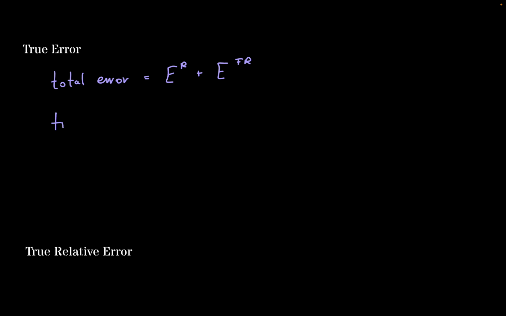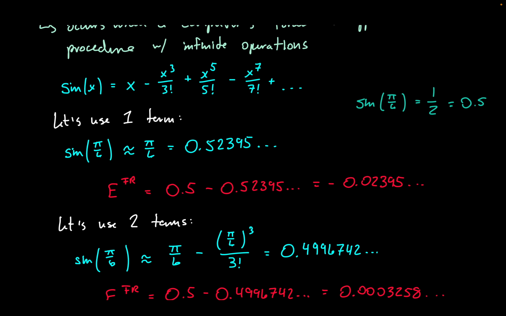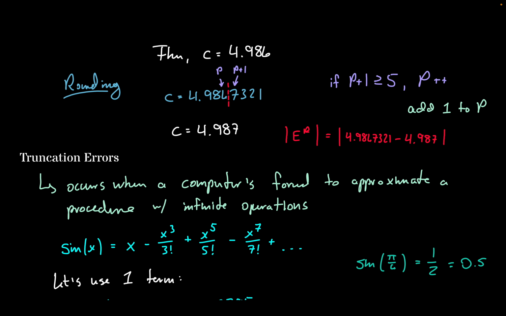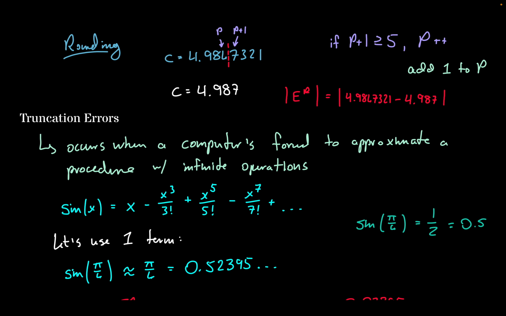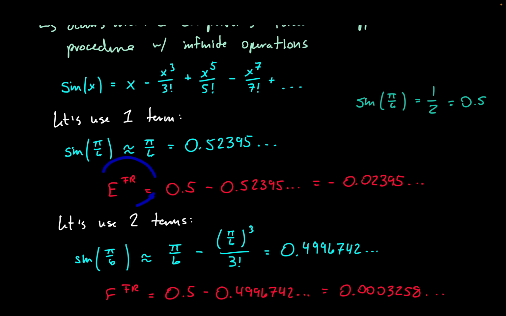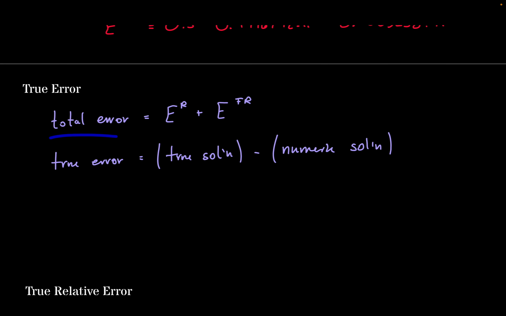And then with our true error, that is going to be equal to our true solution, or our true value, subtracted by our numeric solution, or our numeric value. So essentially what this means is for our total error, we're taking our e to the r. Now this will have to be for the same problem because these are two different problems. So obviously we can't intermix these two errors. But if we did have one problem, then what we would do is we would essentially take our rounding error,